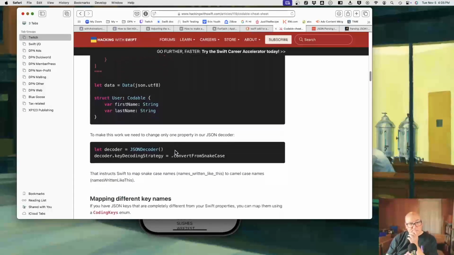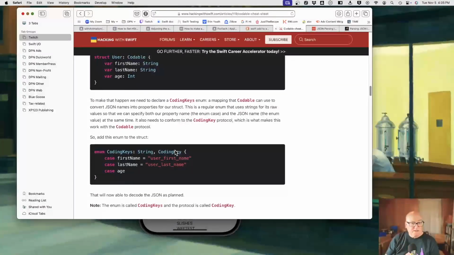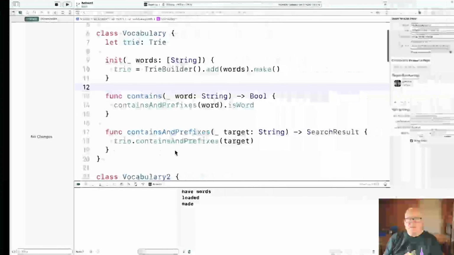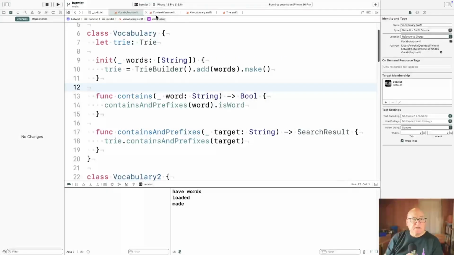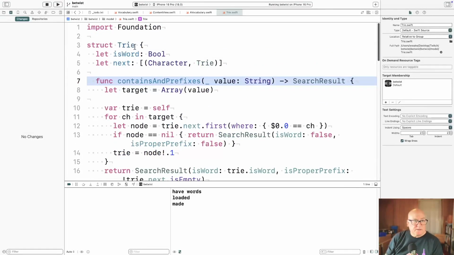Okay, so I got to make it codable. Can I do that on classes? Yeah, the funny thing to this, well, is there